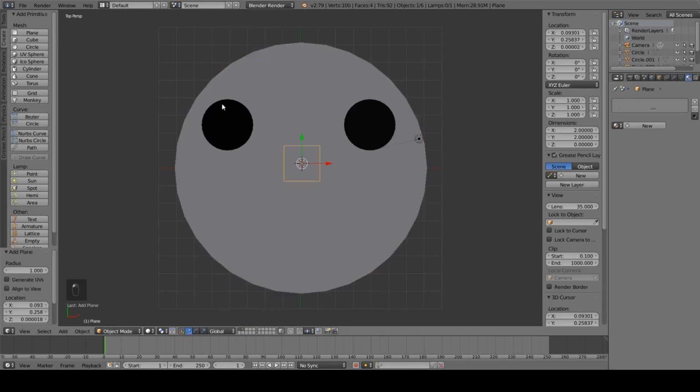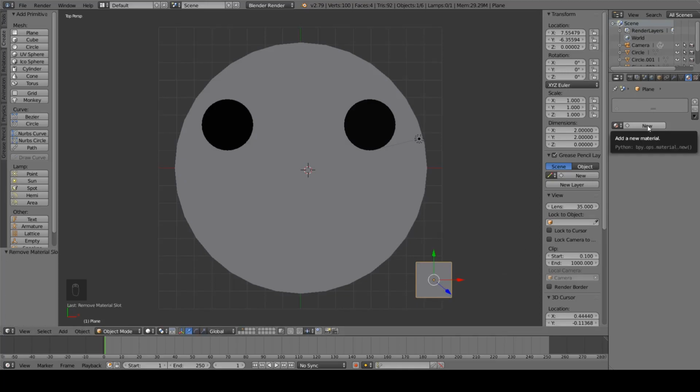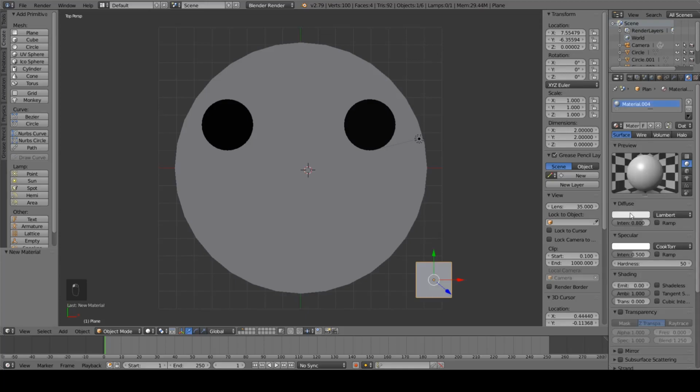What we can use is the plane tool, or the plane primitive, and let's grab that and move that over here. I hit new to add a new material, and then in diffuse I can select any color that I need it to be, and I can select RGB values from 0 to 1 on each of these, hue saturation, and also hex values. And let's make that also black,